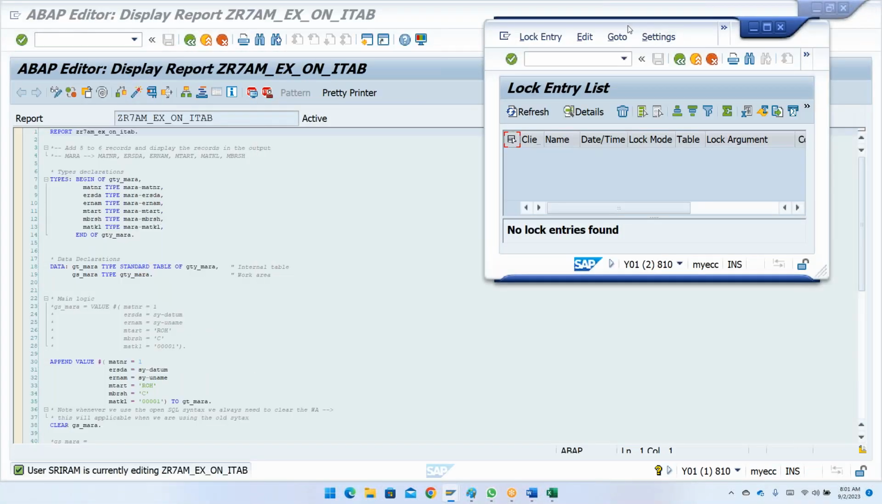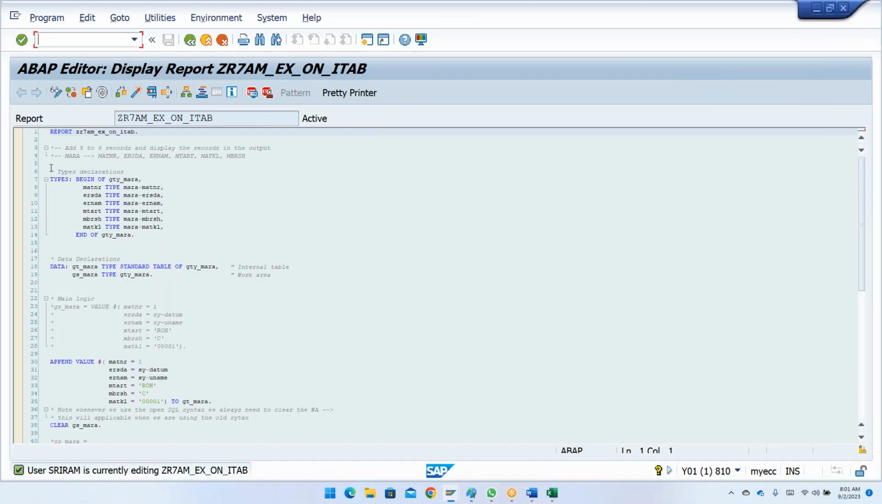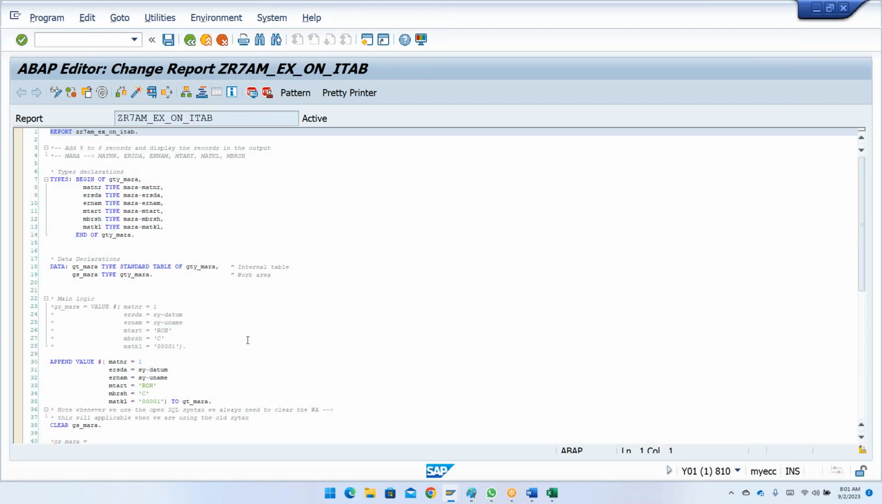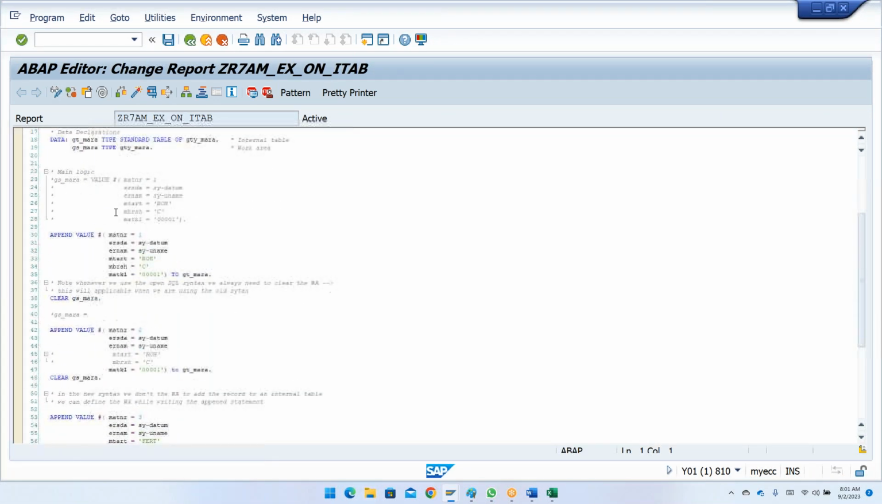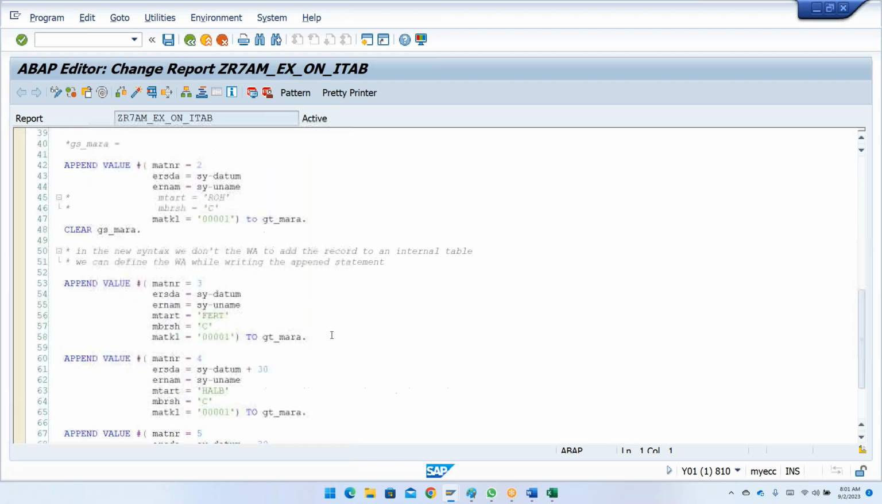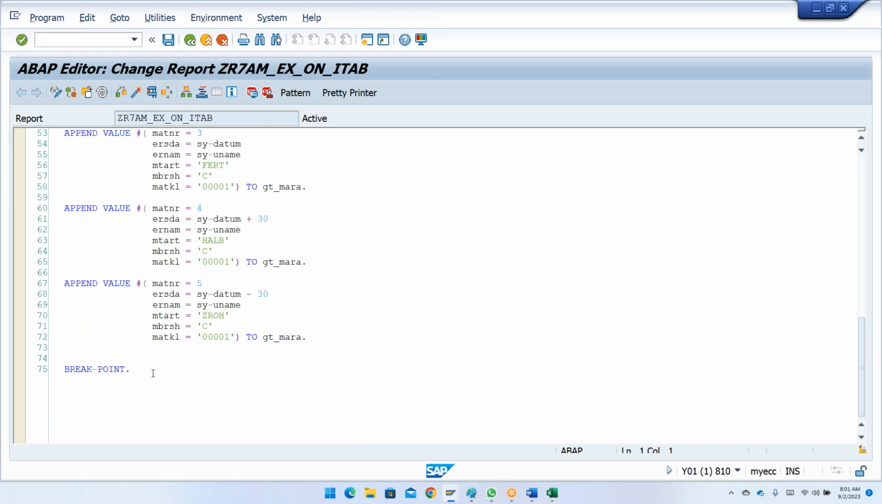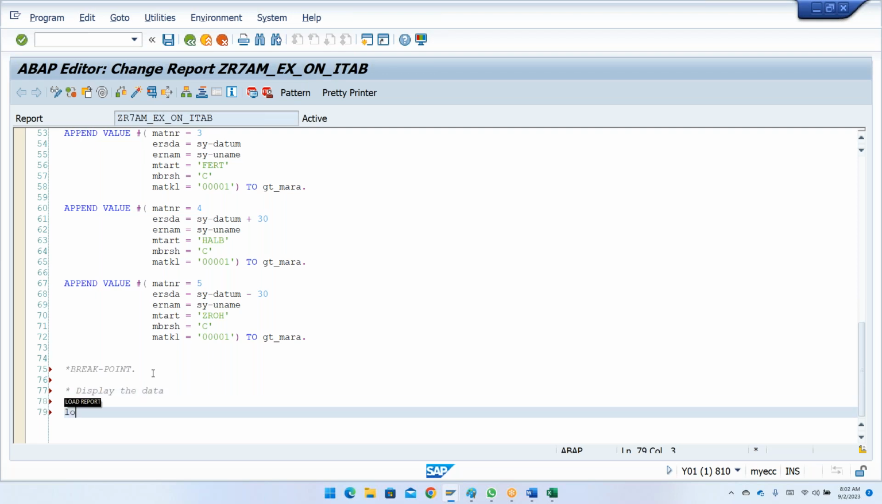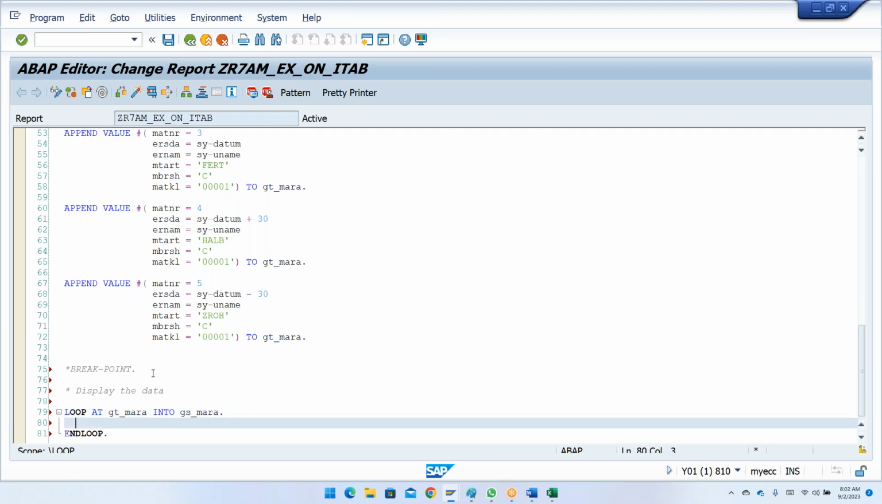I'll be showing you this at a later point of time also. Now I want to display the data. To display the data, what is my internal table? GT_MARA, INTO my work area, GS_MARA. And then you can just say WRITE